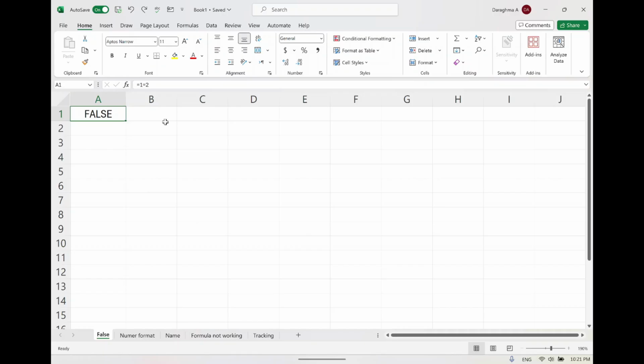Now the first one we're going to start with is really the silly mistakes. Sometimes while you are typing the formula, you might make a spelling mistake. A good example of this, maybe just adding in the equal sign, then trying to add two numbers. So if I want to add number 2 to number 3, I might press the equal sign again, instead of pressing shift and equal sign to add the plus sign, and then I press enter. What I will get is the false error right in here,